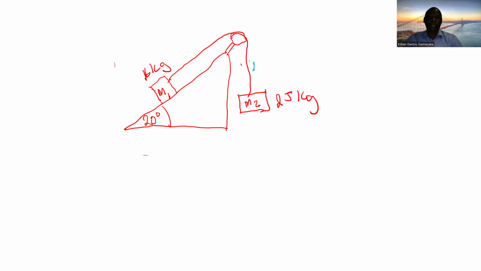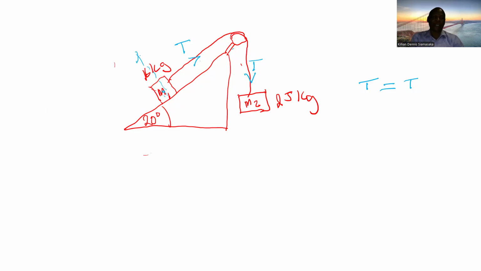So therefore, there is a tension here. This object will be moving down and there is the same tension, because the rope cannot extend, and tension is a force on a rope or on a string. And so the other forces that we have is that this object, mass 1,